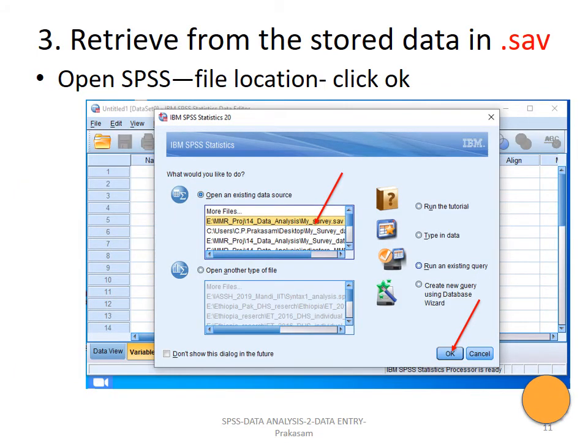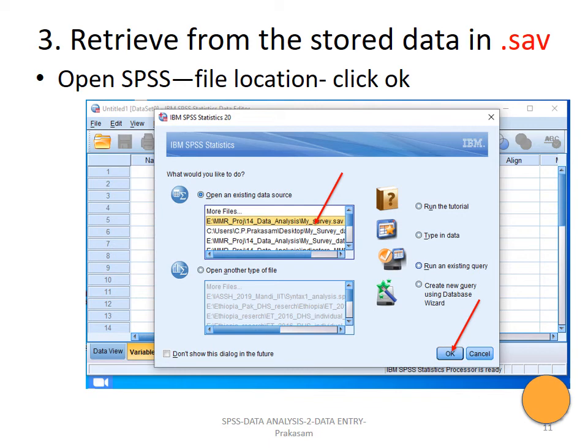The third procedure is to retrieve the data which is stored in your computer by using .sav. For this purpose, open SPSS, identify the file location and click OK. Here you can see that I have opened the SPSS. When you open the SPSS, you will get a submenu like this.